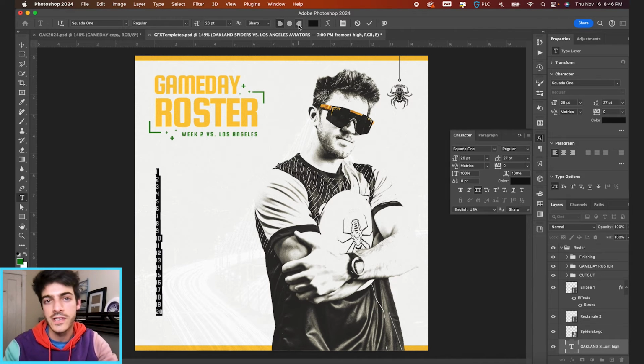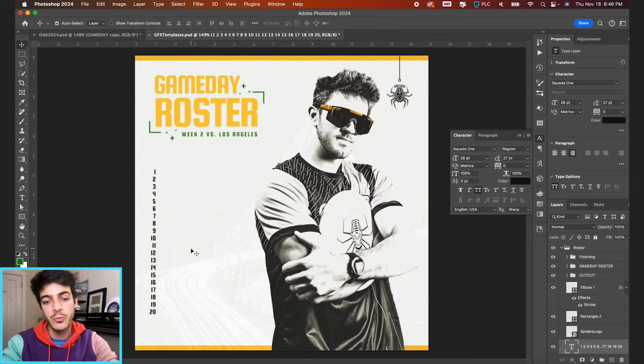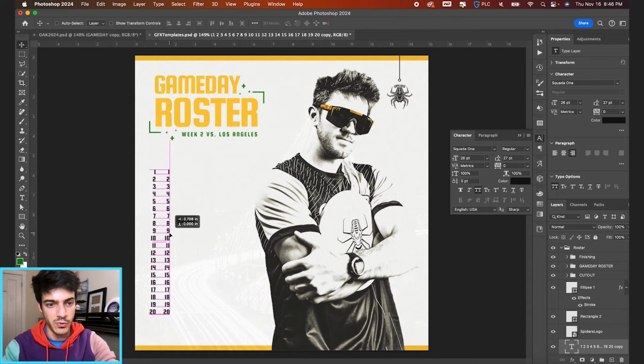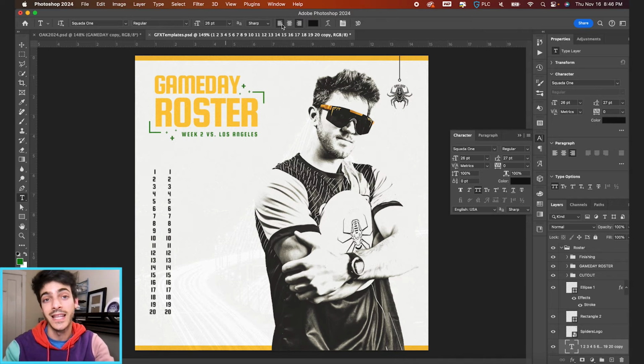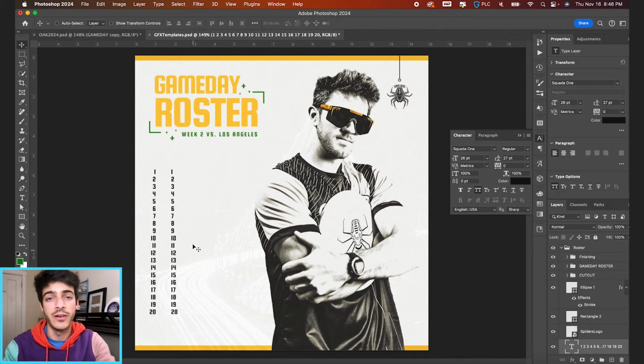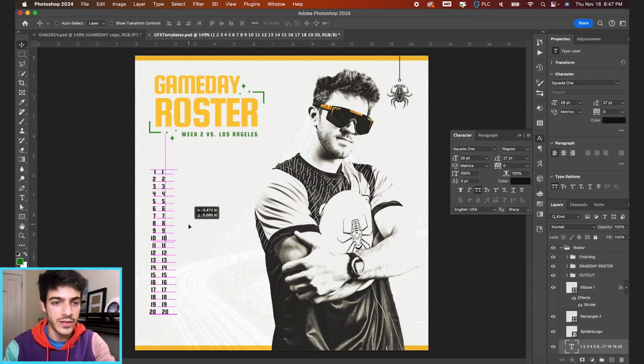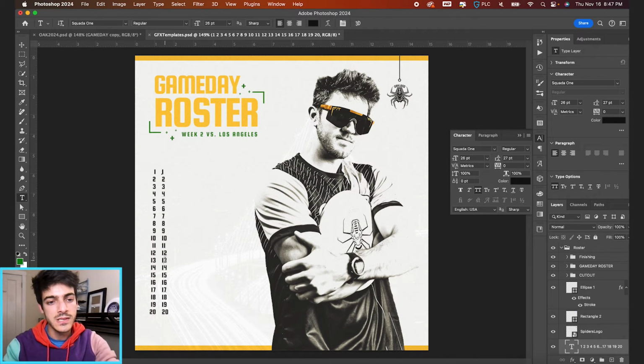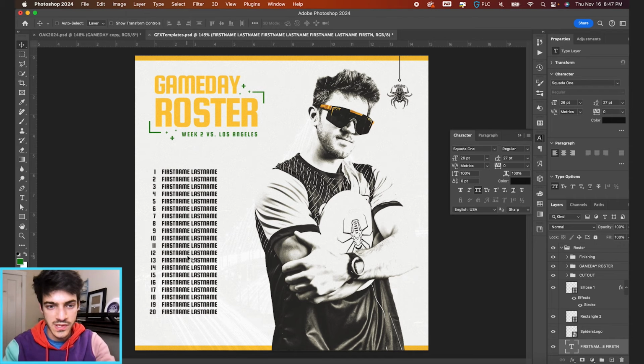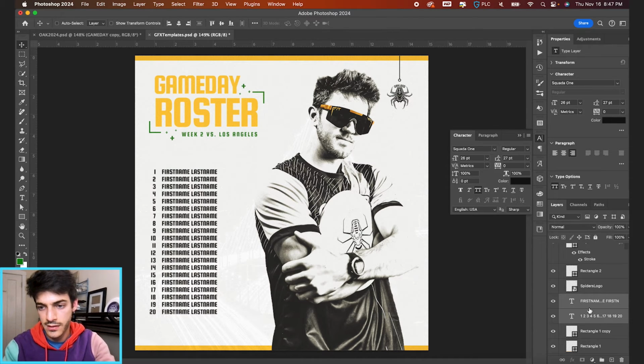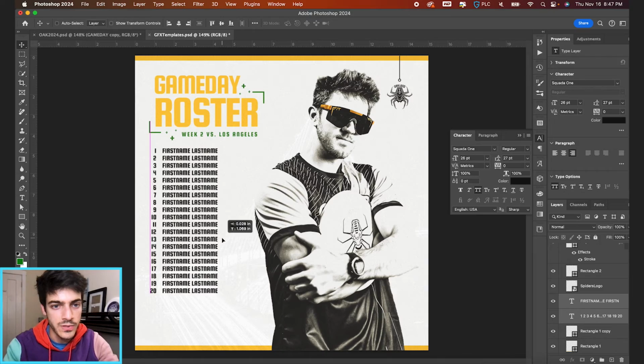I'm gonna right justify the numbers, and then duplicating this layer, let's move it over. And we're gonna do all the names on a separate layer. So this one's gonna be left justified. And to me, this is gonna create a much more readable roster graphic when there's a clear column of white space between the numbers and the names. So the names, we can just write out first name, last name, and copy and paste it. And now with both the numbers and the names selected, so both those layers, we can move it up to wherever we want it to